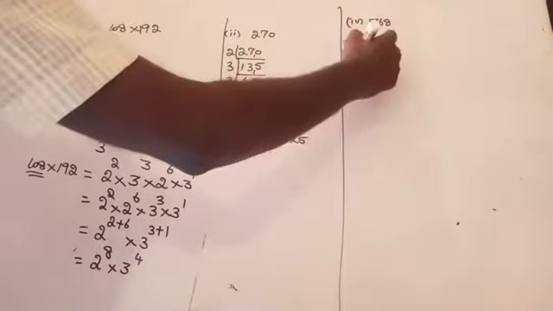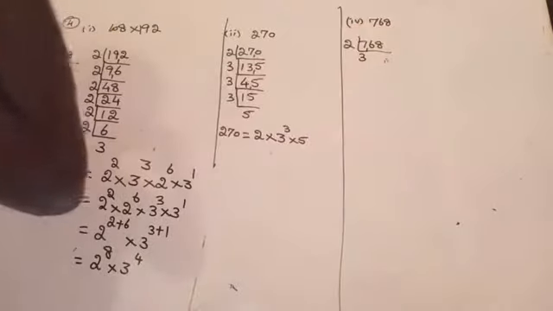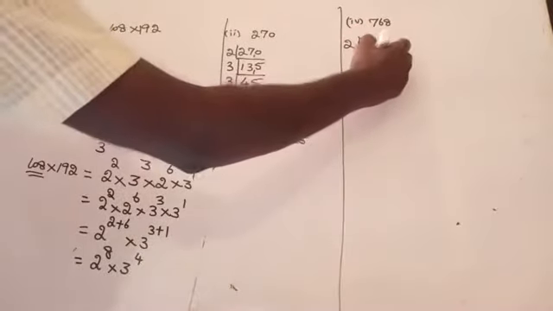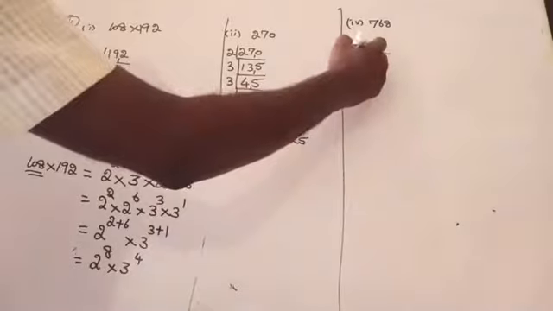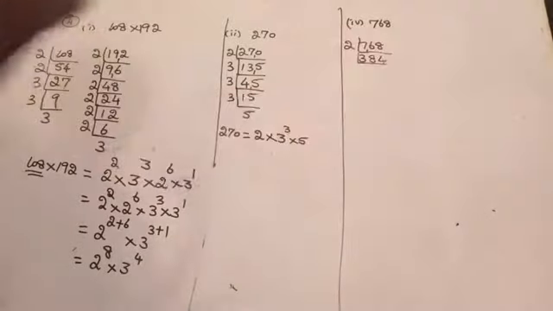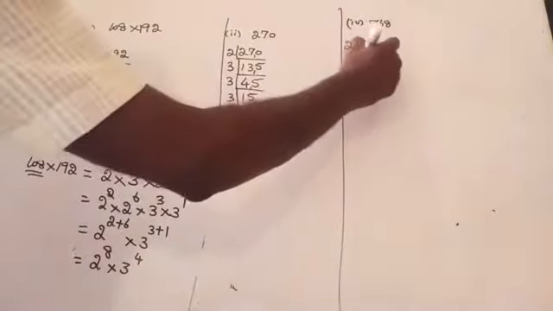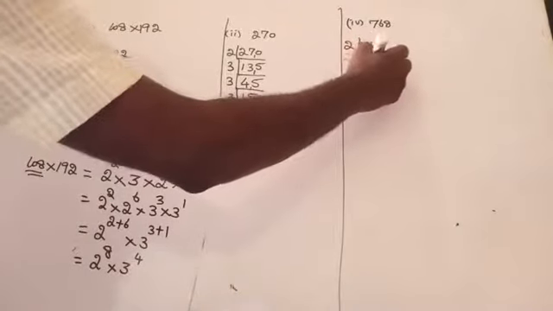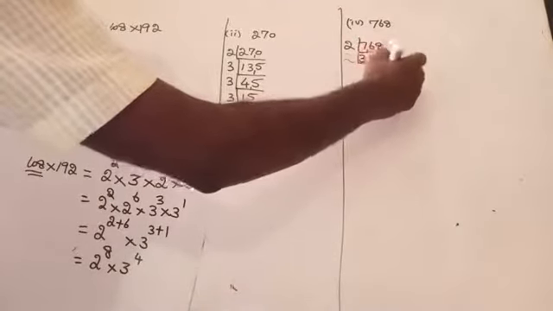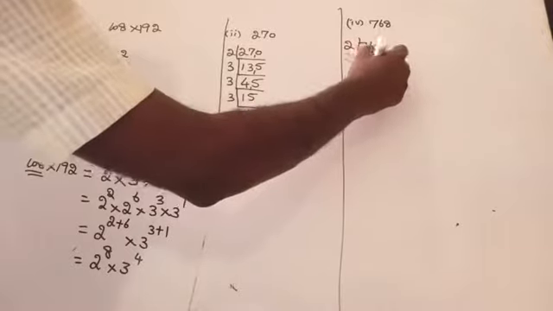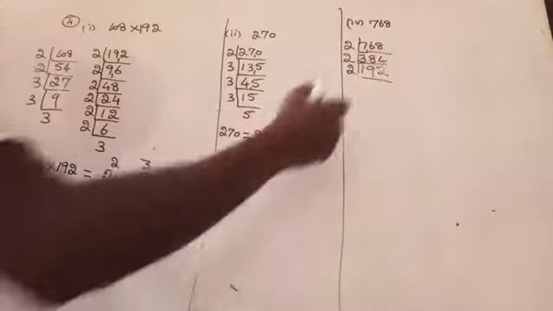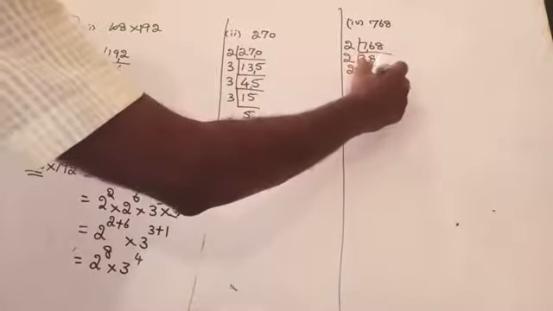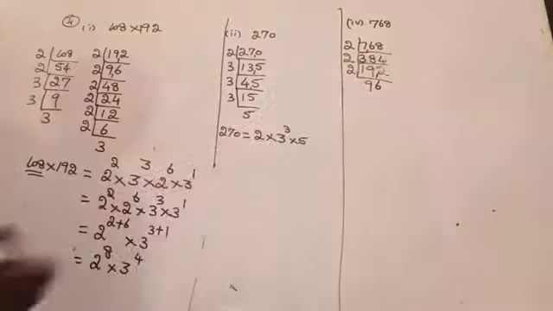768. 2. 3 2s are 6. Remaining 1. How many 2s are there in 16? 8. Then how many 2s are there in 8? 4. Am I right? Yeah. Then again, it goes with 2 table. How many 2s are there? 1 2 is 2. Remaining 1. 9 2s are 18. Then 2 2s are 4 here. 192. Then again, it goes with 2 table because the unit is 2. So how many 2s are there in 19? 9 2s are 18. Remaining 1. 6 2s are 12 here.